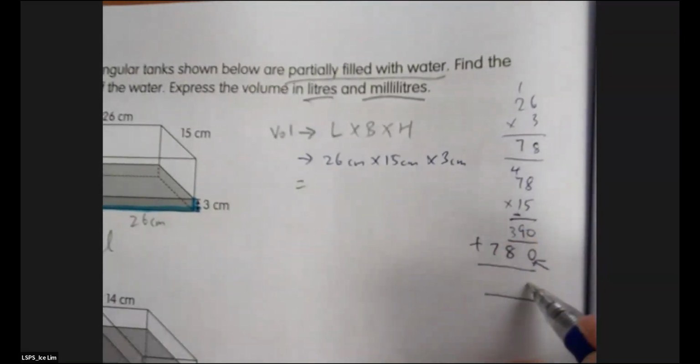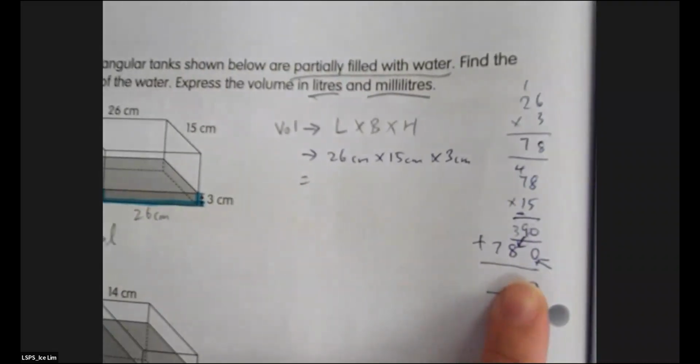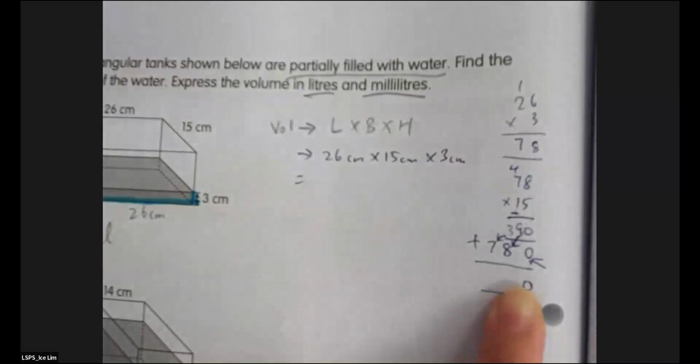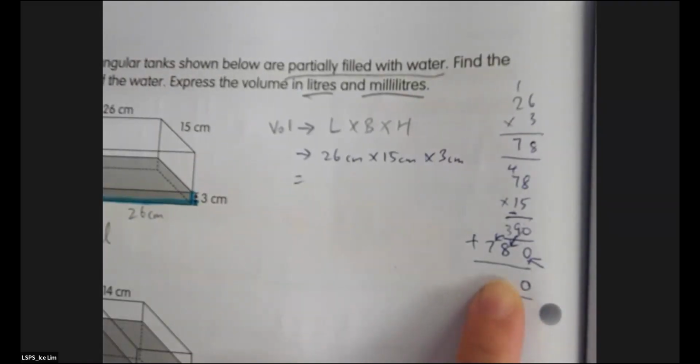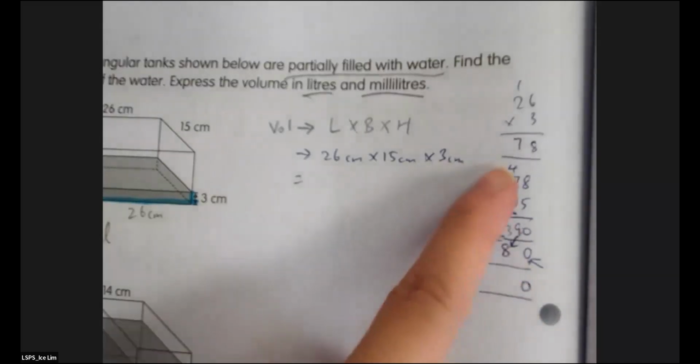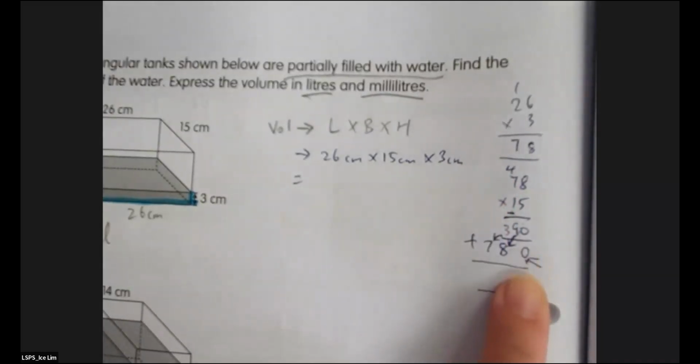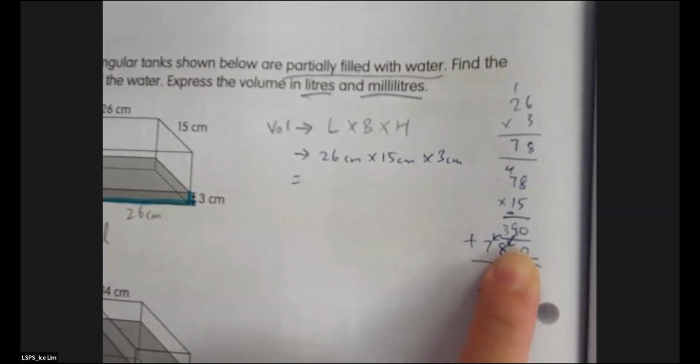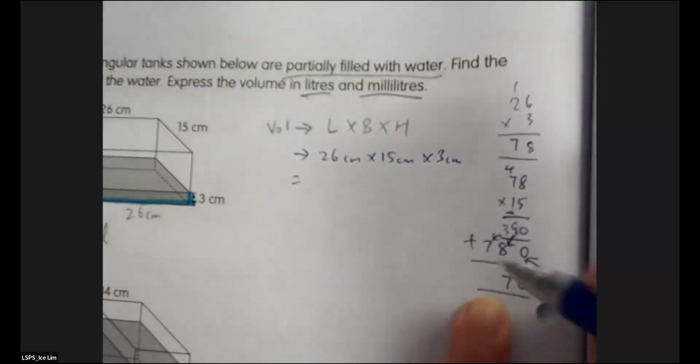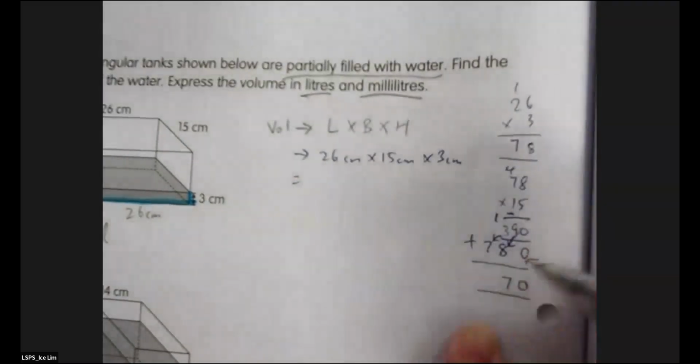So after you align the place value, sorry, this is not very accurate. 8 should be aligned with, okay, I wrote a little too big. I wanted to emphasize, make sure you align your place value and include the 0, because it's 78 times 10. A lot of you write 78 immediately under 390. So that is basic multiplication, you are making mistakes with that. But it's common, so you got to go through that.